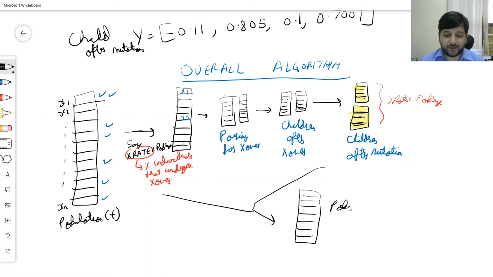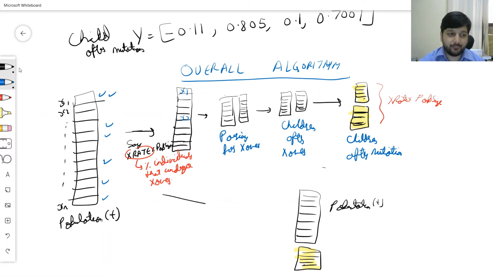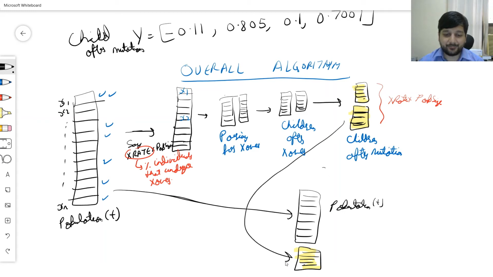This is the population at t, and this is 70% of that size, which are the children. So they come from here and these come from here.